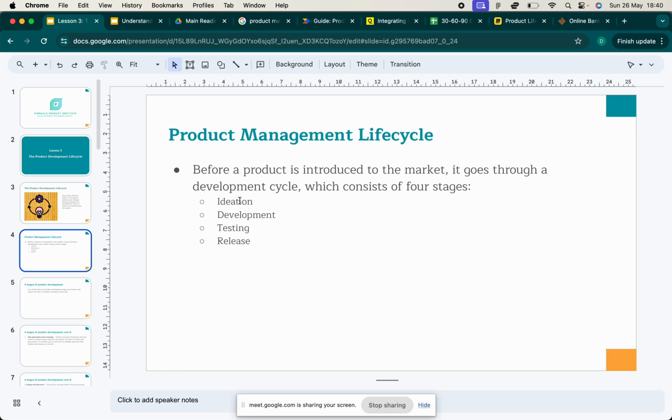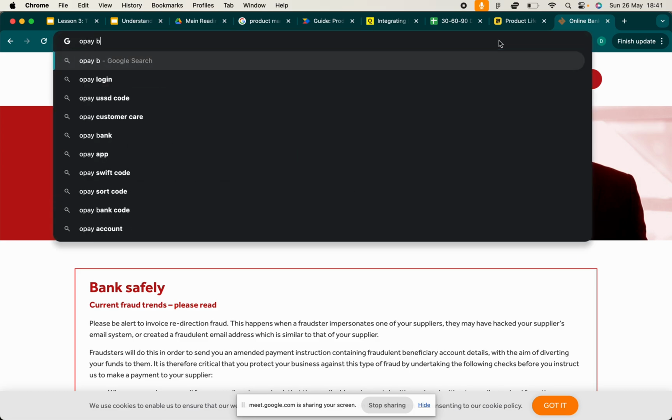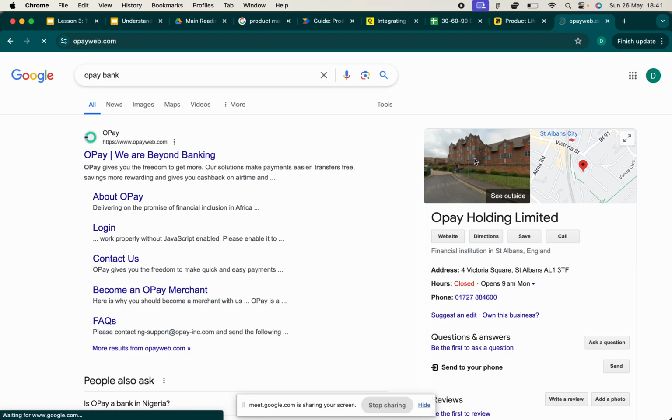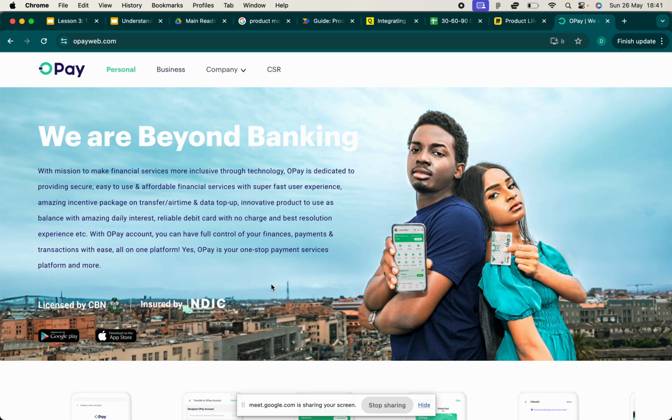That's called ideation. In tech, when we say ideation, we're saying what do we want to build? What do we want to do? And you go through different ideations. And all businesses in tech had to go through this. For example, the owners of OPay Bank, for instance, before they came up with this idea, I'm sure the founders of OPay had various ideas, and they settled for this idea because they saw a gap in the market, they saw a niche,